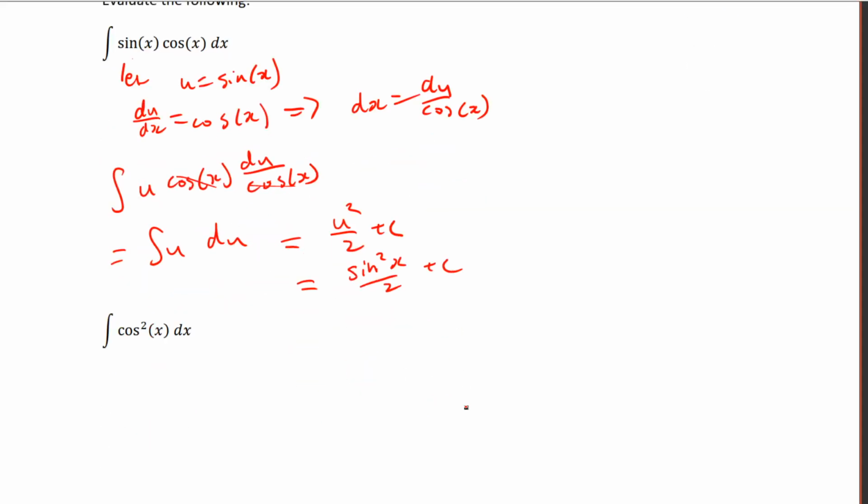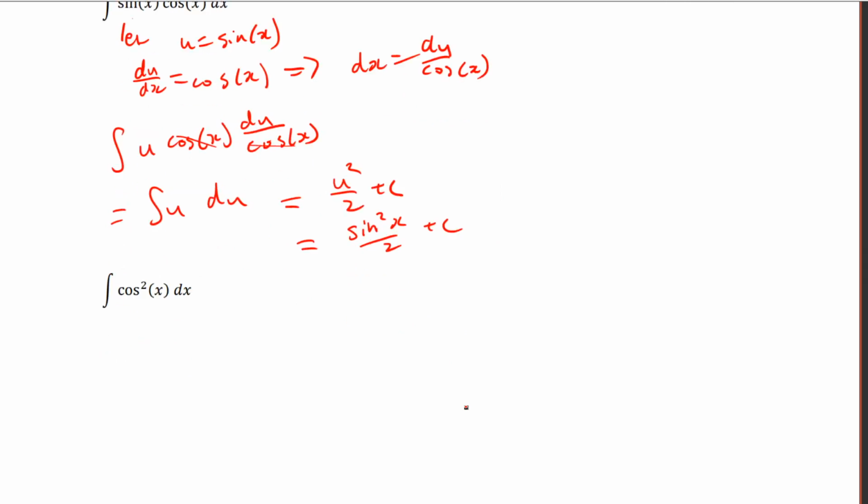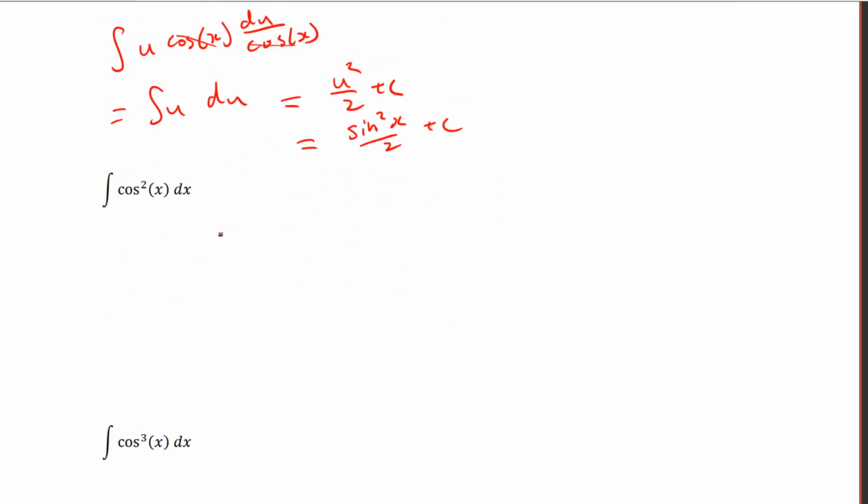Okay, this second example, it was done before, but I'll just do the whole thing. This is case 4 where m and n are both even. So I have to use one of my formulas. I have to use cos squared x equals half of 1 plus cos 2x. So then I have half of 1 plus cos 2x